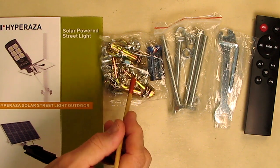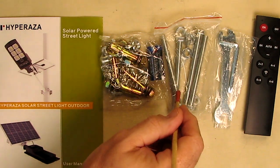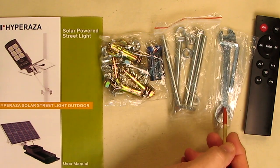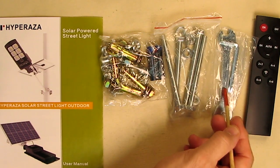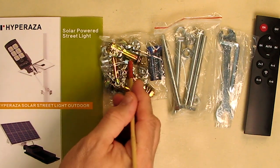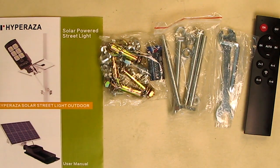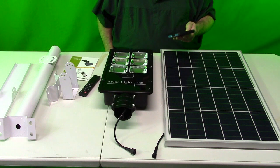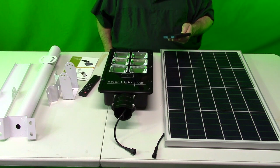Now this is all stainless steel. I have a very powerful magnet, and there's no attraction to pretty much anything other than the wrench and this piece right here, which is typical steel. But these appear to be all stainless steel components, and that's a good sign because you don't have to worry about it rusting then. So another question that was asked is, how do I know how much electricity the solar